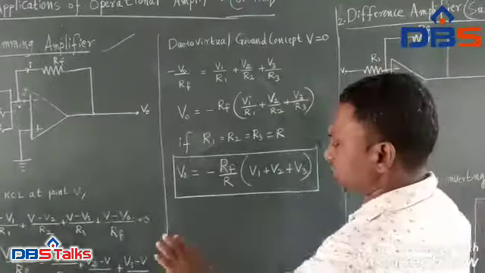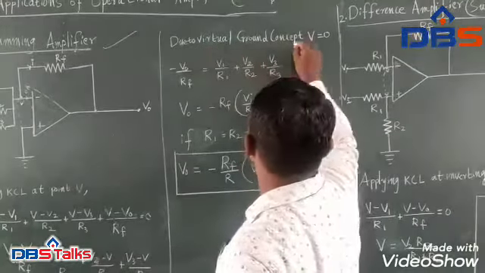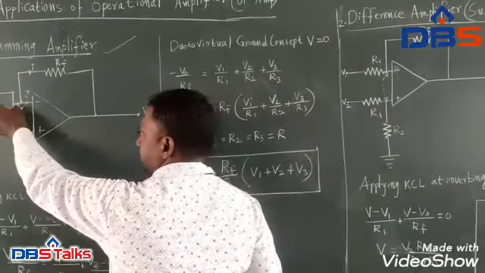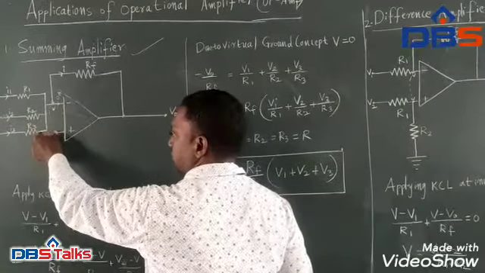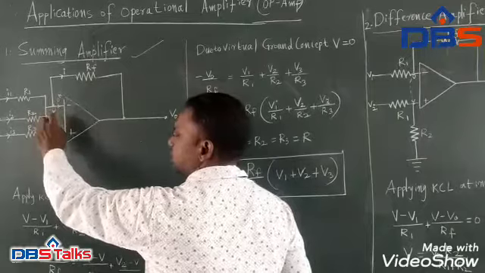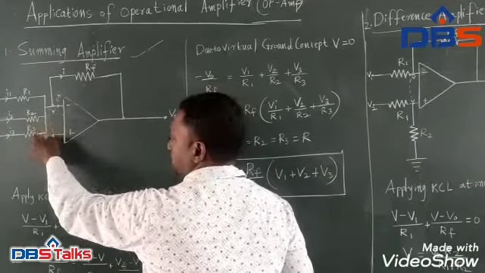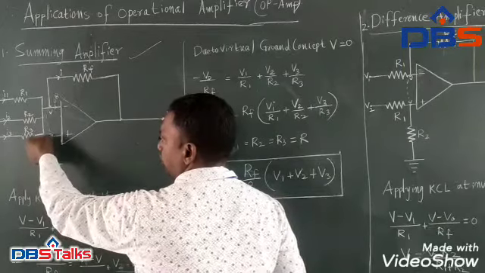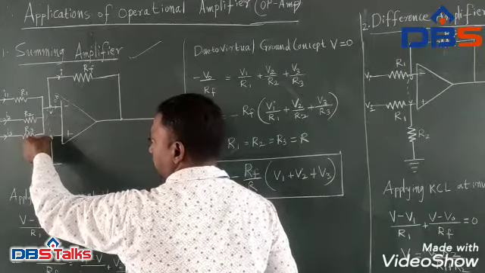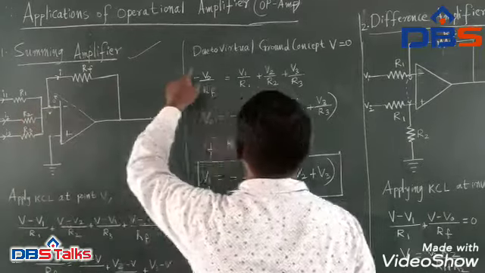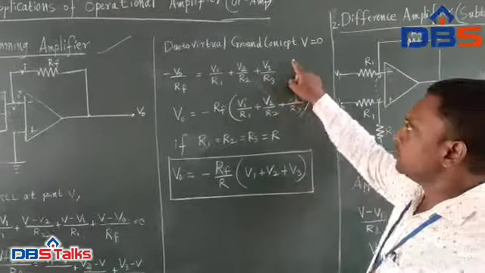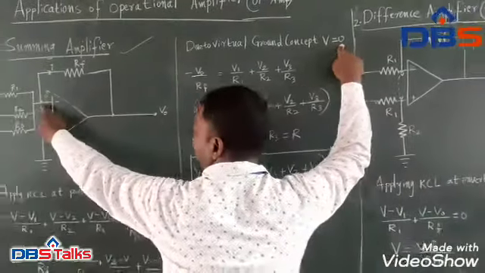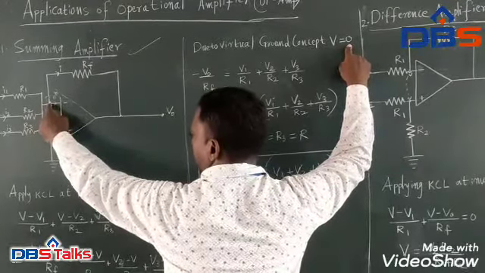Now, that is the one point. And due to the virtual ground concept, virtual ground means what? Electrically, the inverting terminal and non-inverting terminal are shorted. They are virtually grounded. Because of that, what is the potential at the non-inverting terminal? It is zero. So this zero voltage also appears here. Due to the virtual ground concept, we can write V is equal to 0. V means the voltage at the inverting terminal is 0 volts.